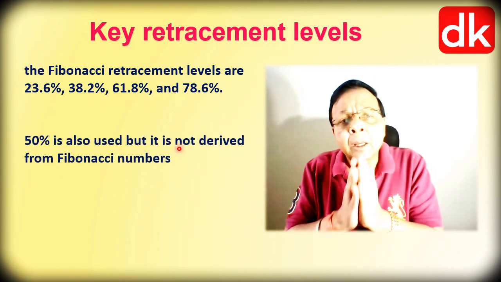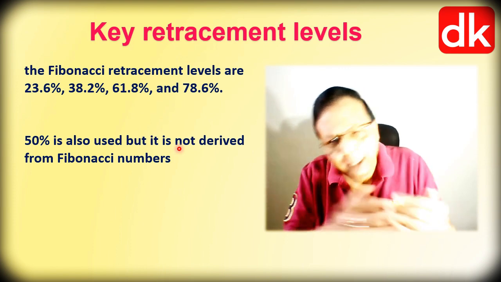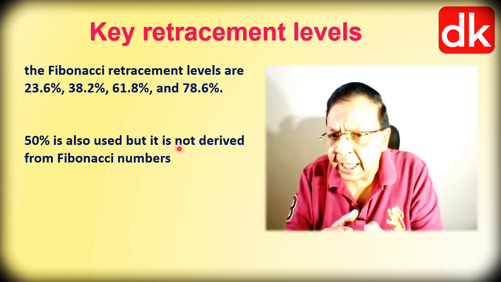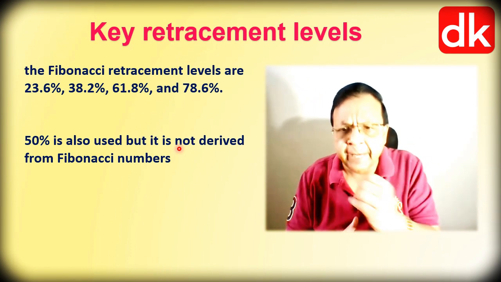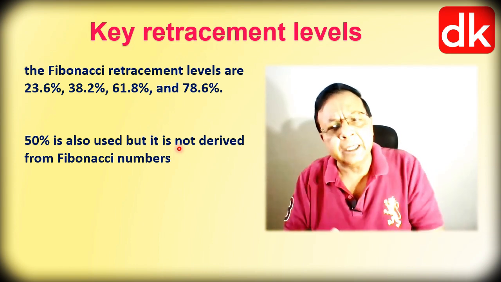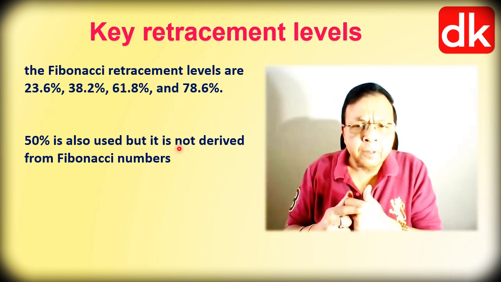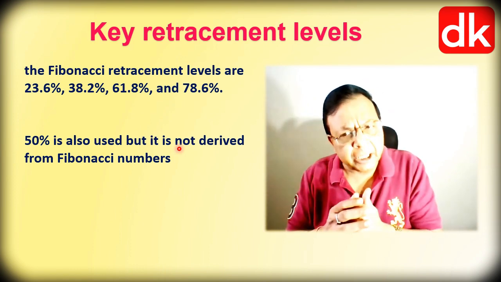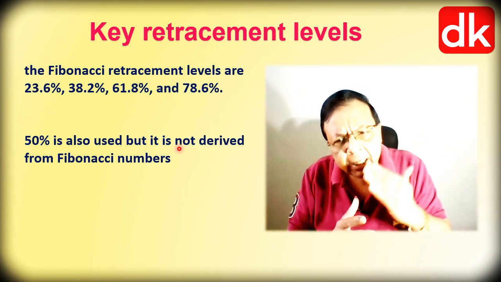And friends, 50% is also used in all the charting software, but it is not derived from Fibonacci numbers, since it is halfway of the impulsive wave, which we are taking as a reference to draw the retracement level. So it is widely used because it is at the 50% of the level. And also to connect to the 6 doctrines of Charles S. Dow, who has emphasized that whenever the market takes a correction, it takes a correction in a range of 33% to 66%.